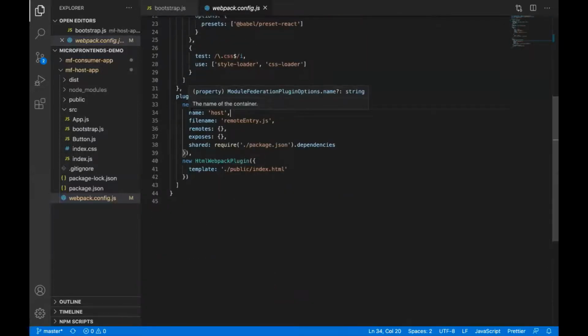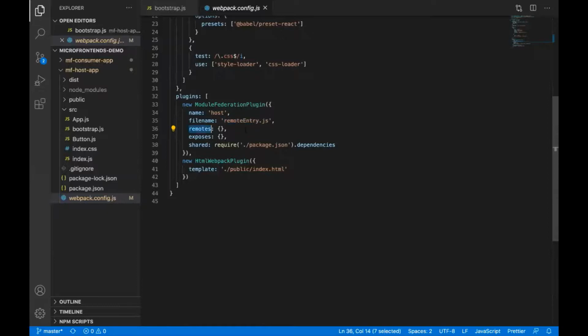Here are the options which I was talking about. This name is what the consumer app is going to access, so it should be the same as whatever you use in the consumer app. This file name, remoteEntry, is the specialized entry file which the consumer app is going to use.